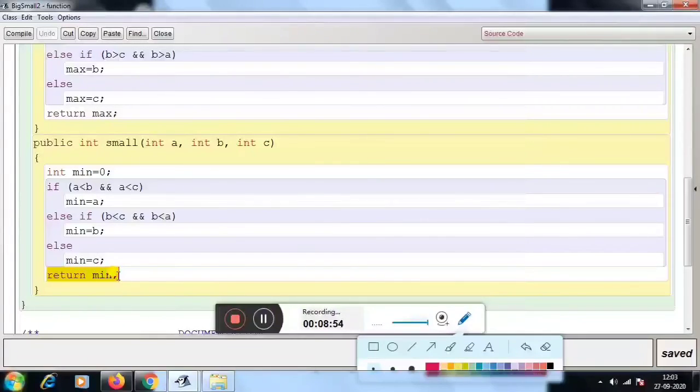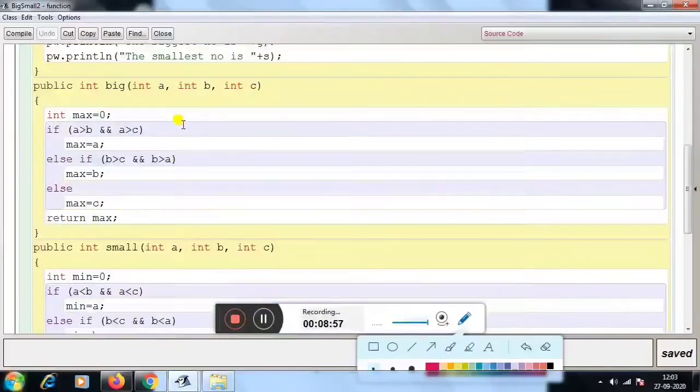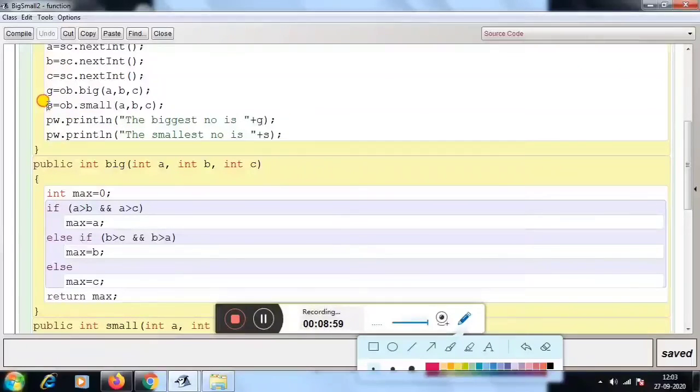Then that minimum number or smallest number will be returned to the main function, which means the output of s will be that number. Then it will print the biggest and smallest number. Understood? This is the program.